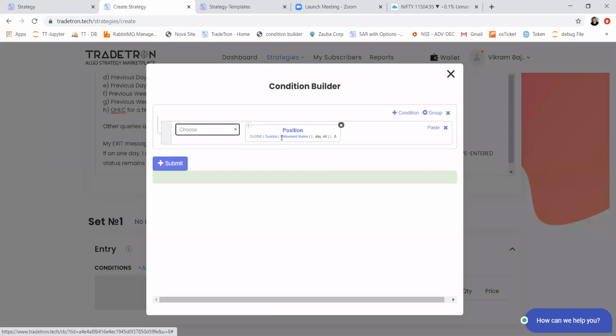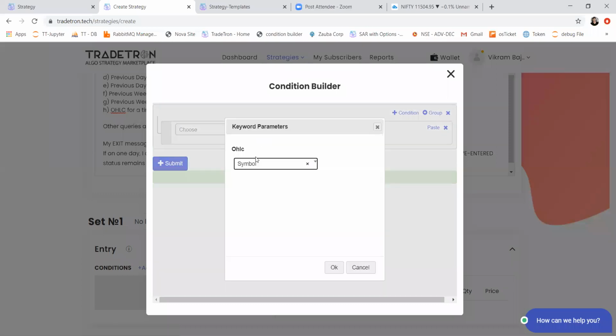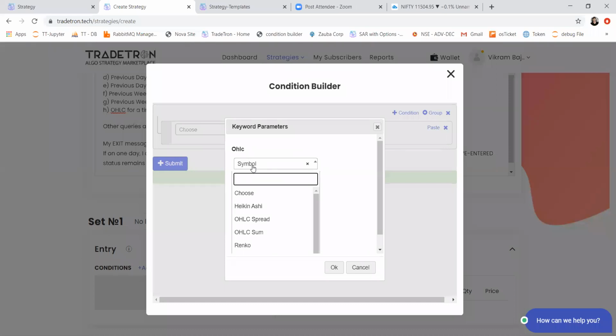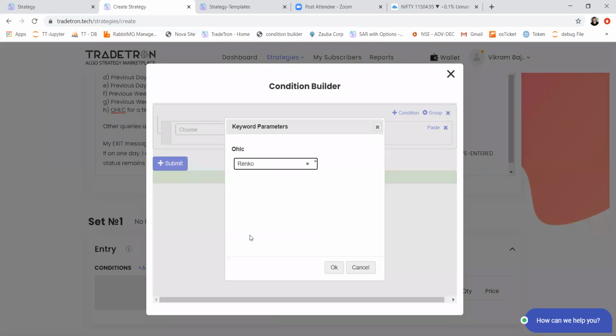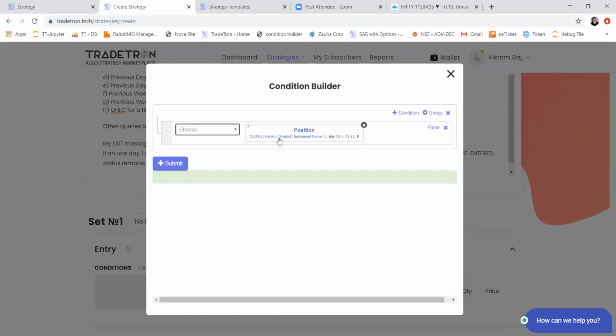Now, to select Renko charts, you will have to select this close indicator, and you will find this OHLC parameter here, which you can change to Heiken Ashi or any other chart type. Here we will define Renko. Once you click on OK, your Renko chart is selected.